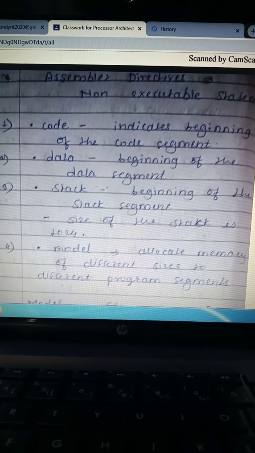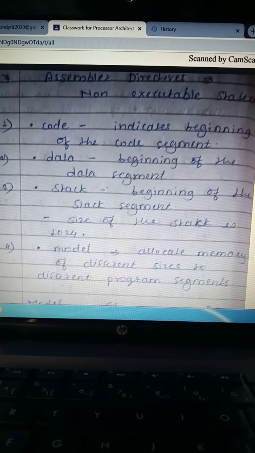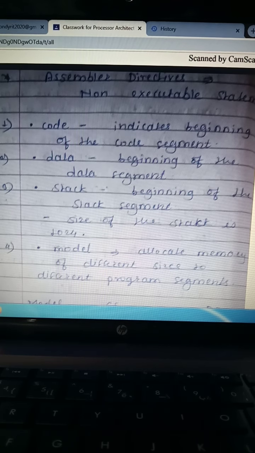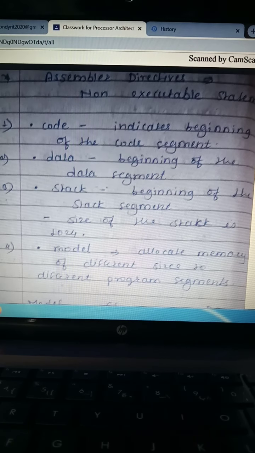So the first directive is .code. The .code directive indicates the beginning of the code segment. As we know, there are different segments. There are three segments defined by the microprocessor: the first one is the code segment, the second is the data segment, and the third is the stack segment. To indicate the beginning of each segment, different directives are used.